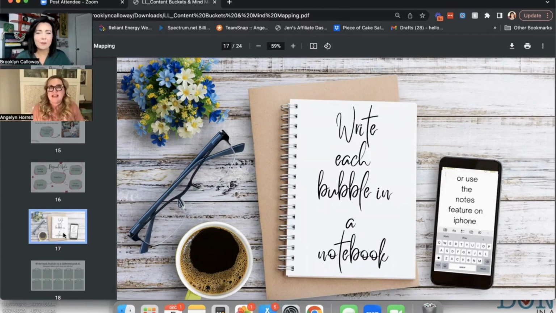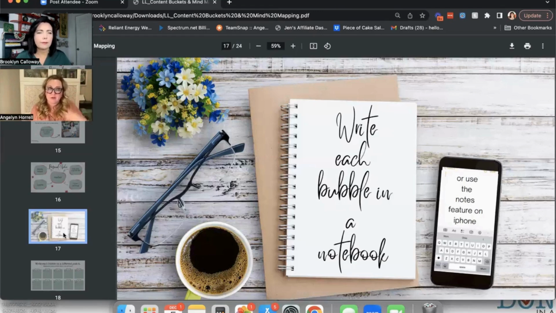So you could take a notebook and write each bubble in a notebook and begin to list all of your bubbles out so that you have ideas that way. I love a good spreadsheet. Grid is a very visual thing for me. We also use Trello to stay organized. And that's a really good platform that we have found as a team that works great for us. So each Trello board, if you will, is a topic.